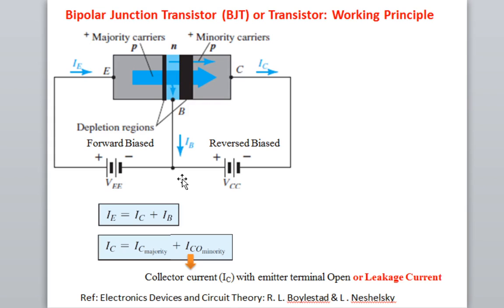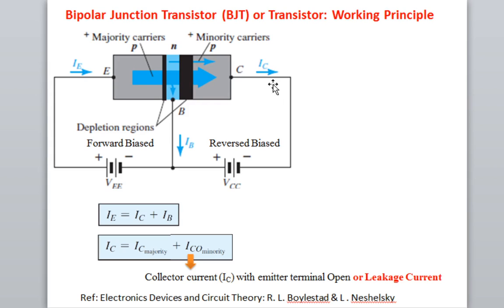I believe that this topic you have already read in your first semester or second semester. Somebody has taught you. So I'm basically just revising your syllabus before going into the deep discussion about the transistor which is mentioned in your syllabus. So we can write the emitter current is equal to collector current plus base current.